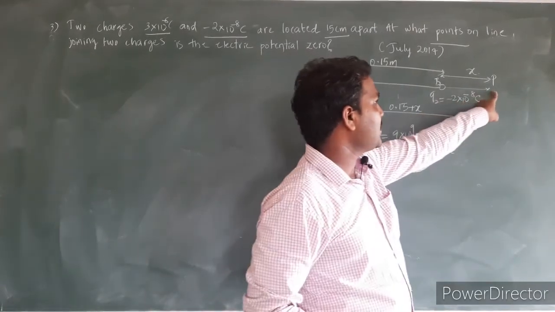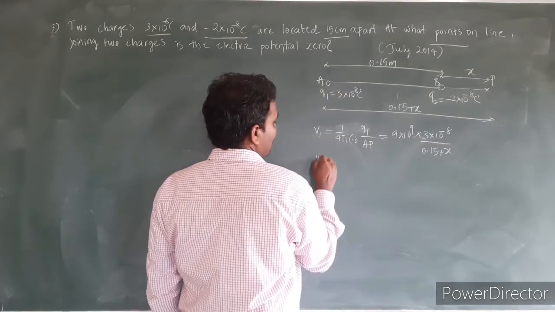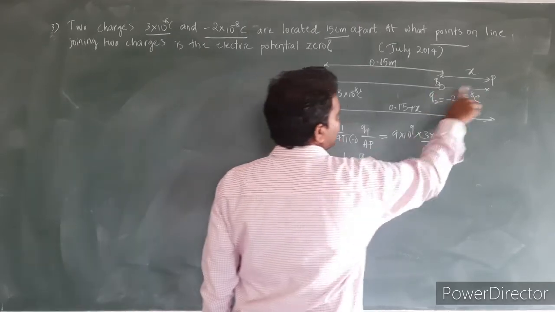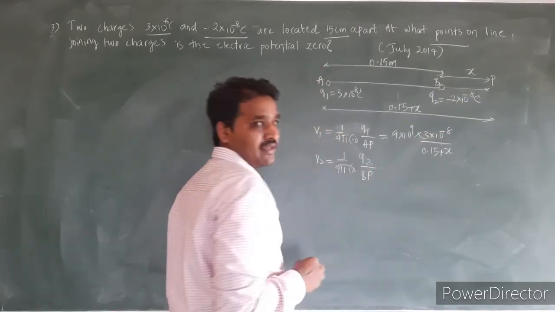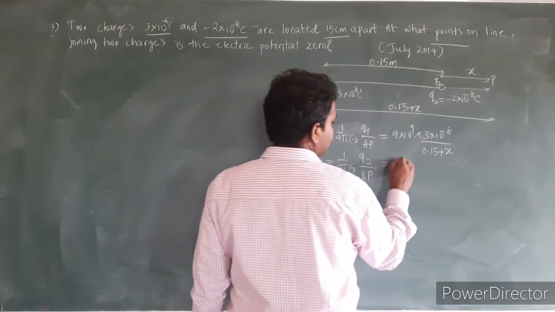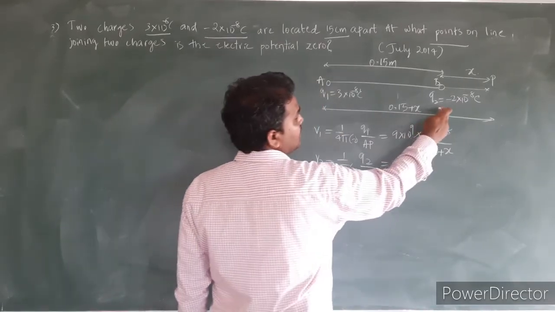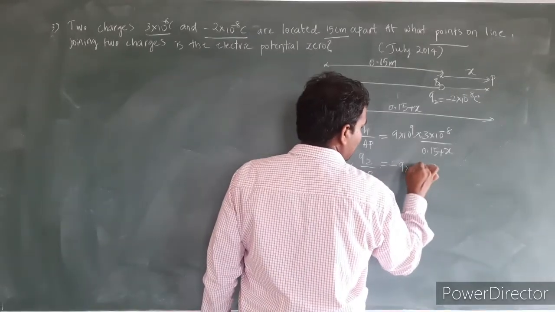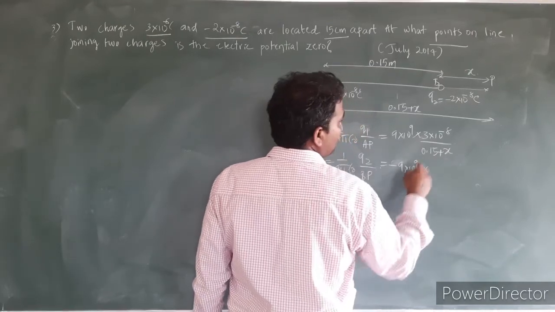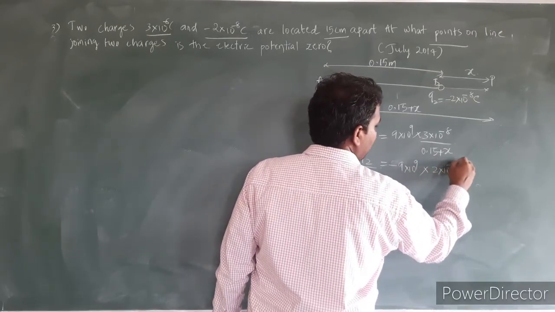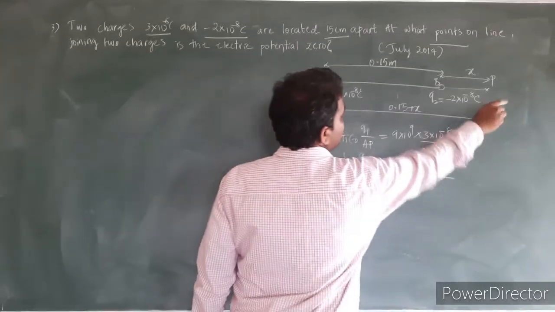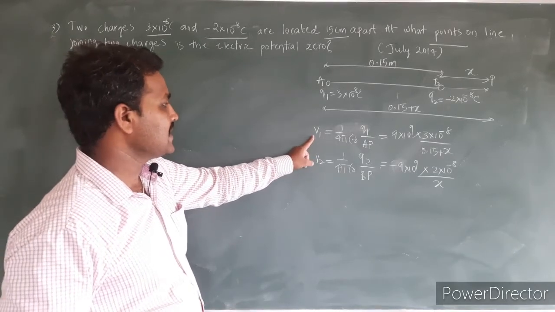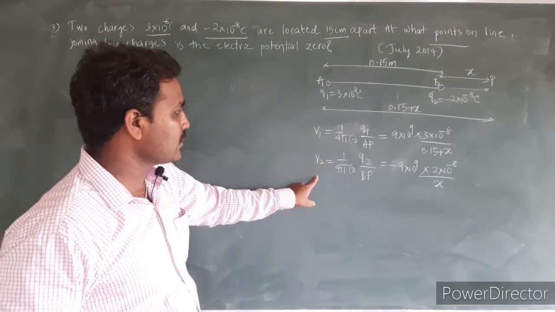Similarly, the potential at P because of the second charge, V2, is equal to 1 by 4 pi epsilon naught Q2 divided by the distance BP. So I can write this as, and this second potential is negative because the source charge is minus here, minus 9 into 10 to the power of 9 into 2 into 10 to the power of minus 8, whole divided by this distance, which is x. Okay, and similar to the previous case, we have V1 plus V2 is equal to 0, so that these two